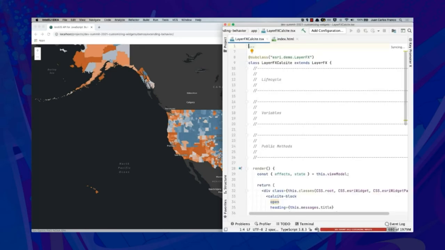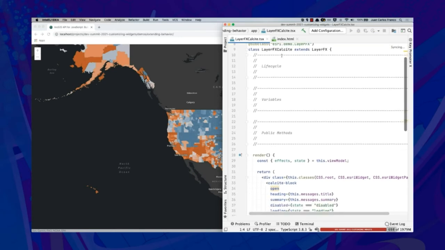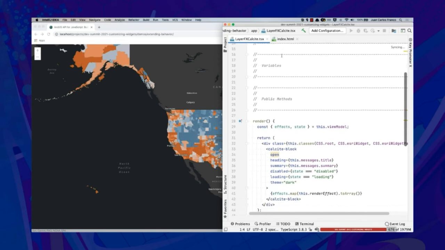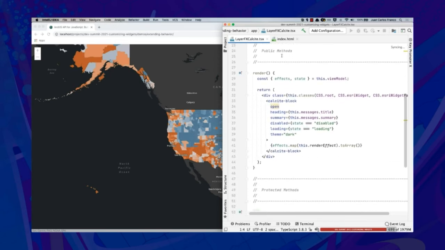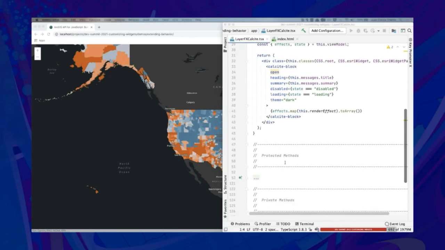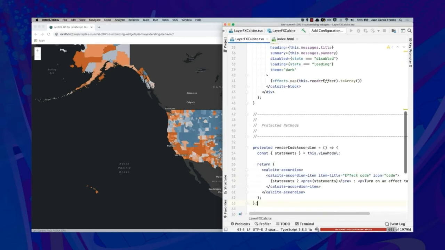So let's continue extending the layer effects calcite widget to add our custom behavior. Just note that I have hidden away all of these sections that are duplicate or not relevant to this section, and we'll just be focusing on the render method. What I want to do is introduce a render method for that code preview. What I've added here is this method that will bring a calcite accordion with a single accordion item, where if